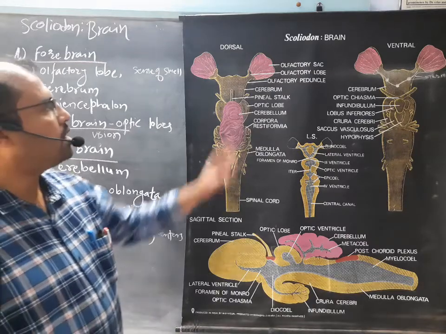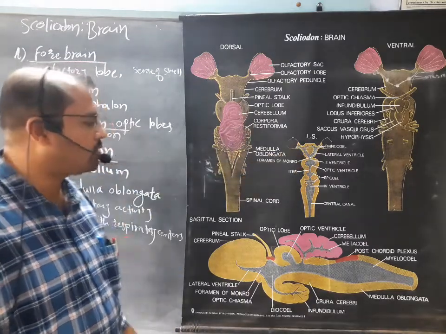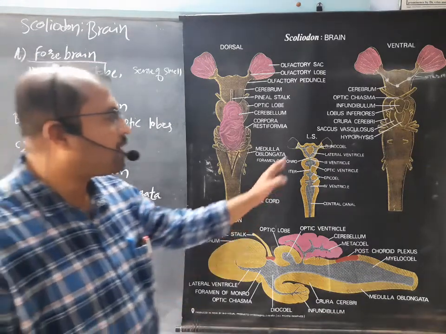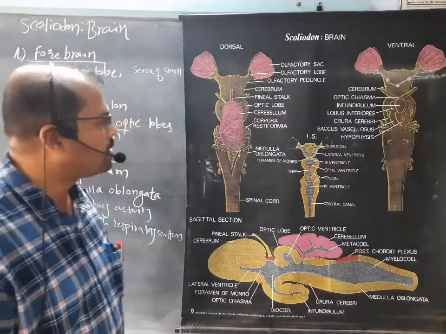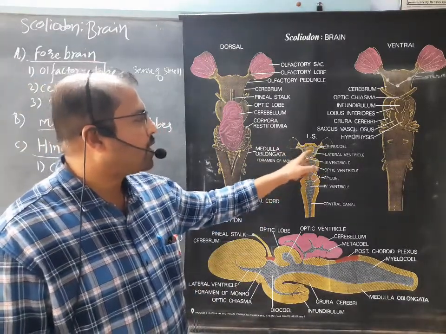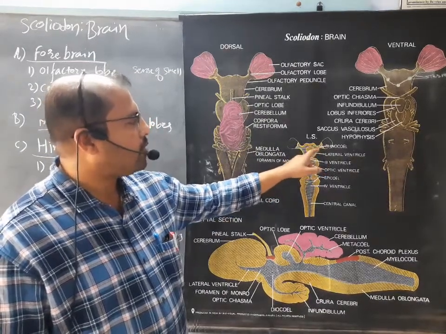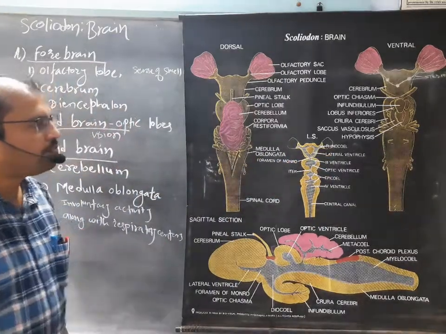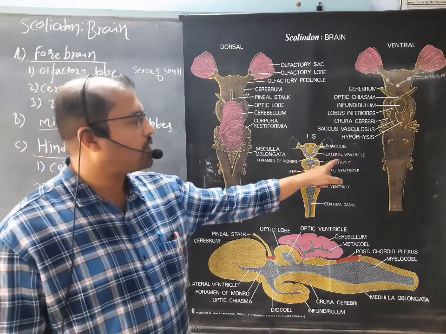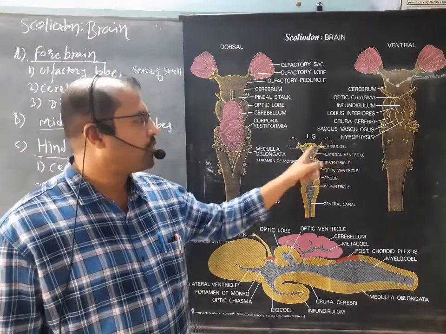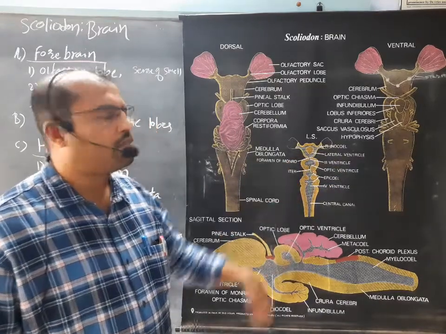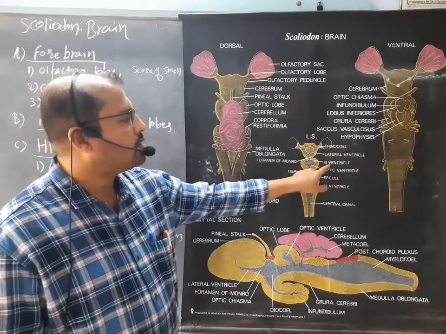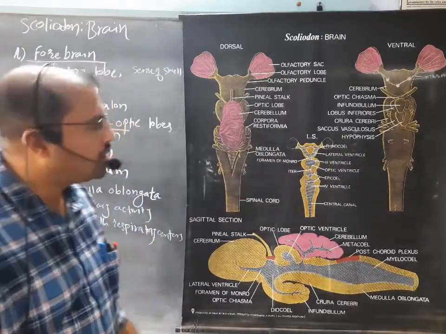Now if you see the longitudinal section of this brain, it shows the different cavities present in the brain. Anteriorly in the forebrain, at the olfactory lobe, there is a cavity called the rhinocoele. To its lateral side is the cavity called the lateral ventricle, which joins internally through the foramen of Monro to the third ventricle. From the foramen of Monro, the third ventricle is present.